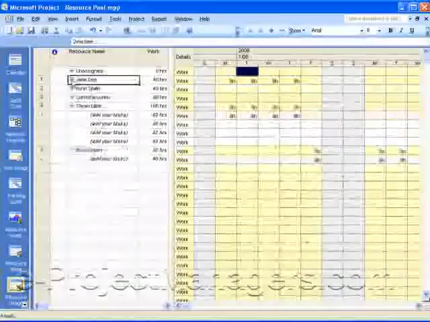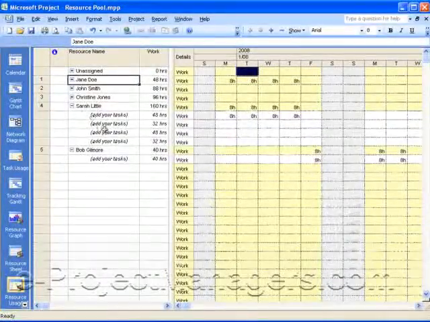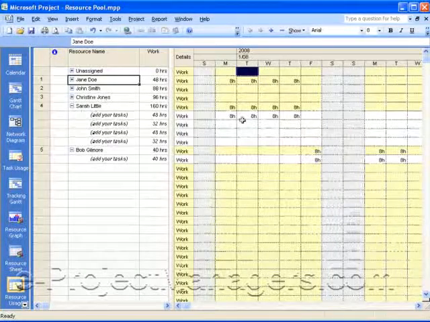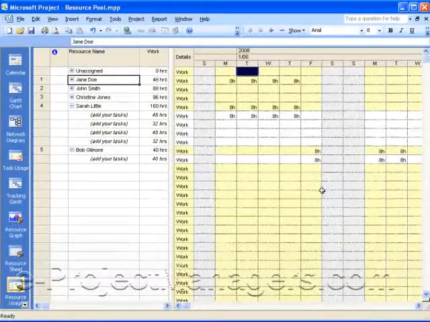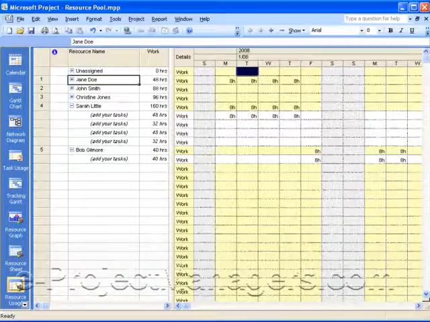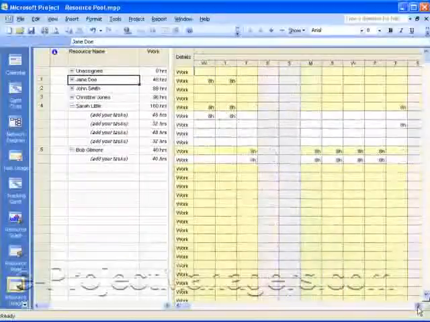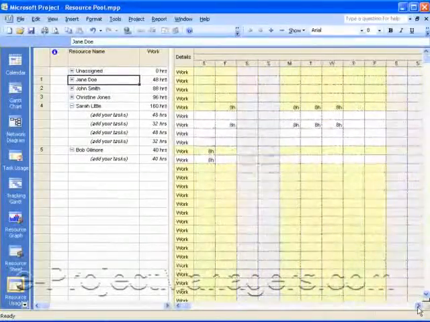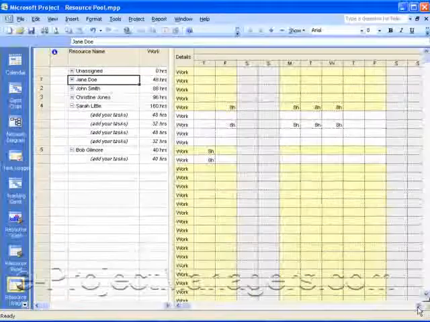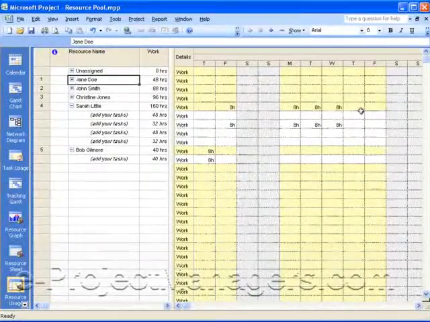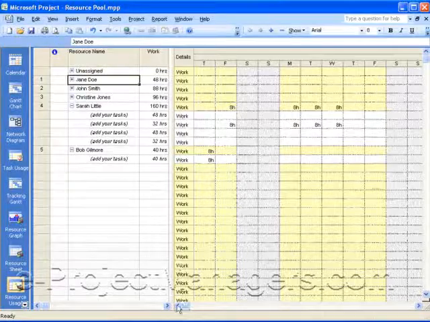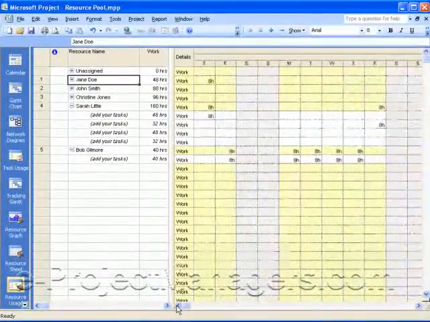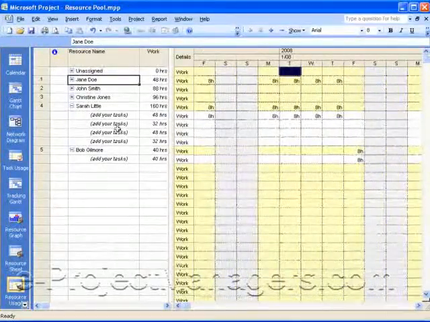Okay? So for example, with this resource, Sarah Little, you'll see all of her tasks, how many hours she's working. And you can scroll through and see when she's available. If she's working an 8-hour day, and if that's normal and acceptable, then you can see when she's busy and when she's not. So then you'll know whether or not you can allocate her for other things. And when you're working with multiple projects,